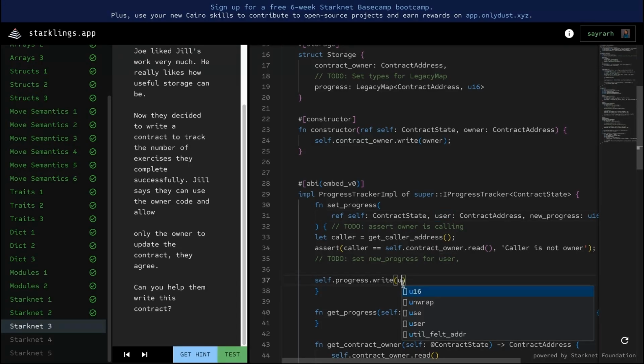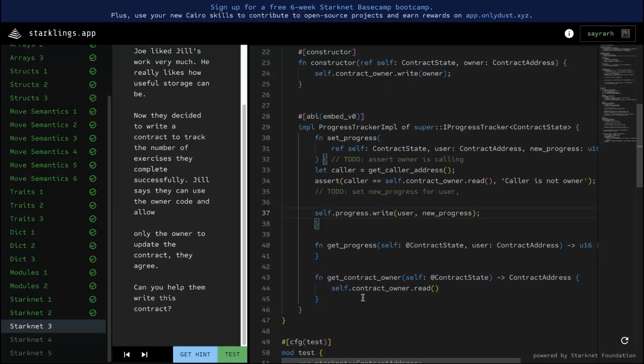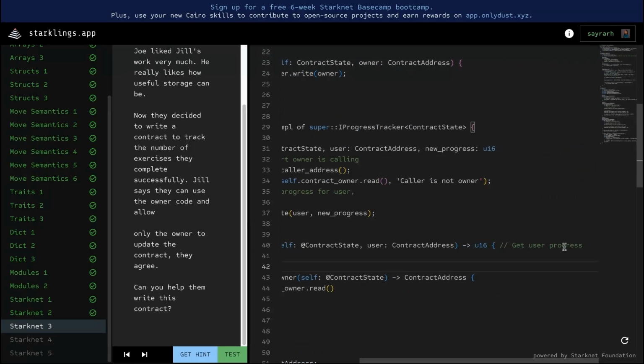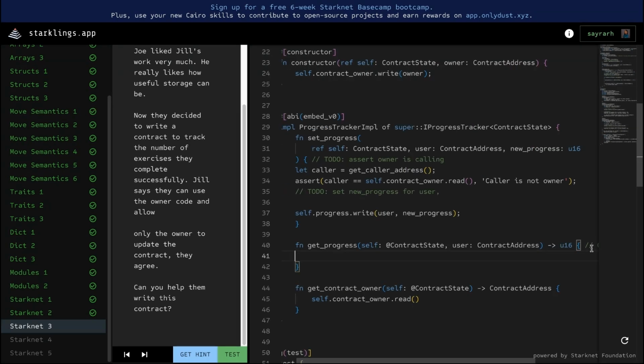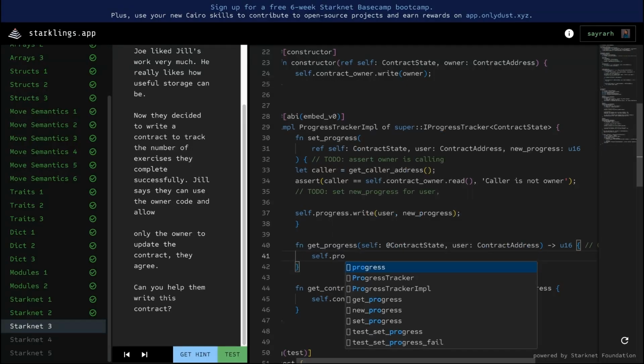So we need to pass in user, and then the new progress that we want to set, new progress, and that's all for that. That's all. So we also need to get the progress. That's very straightforward. Self dot progress